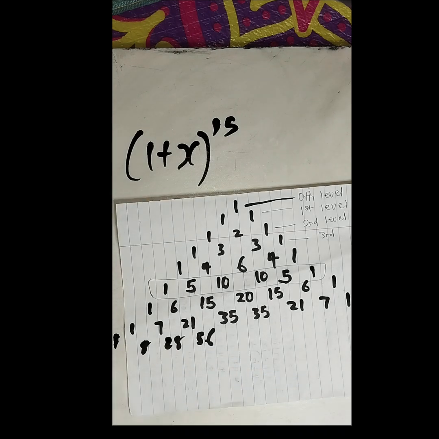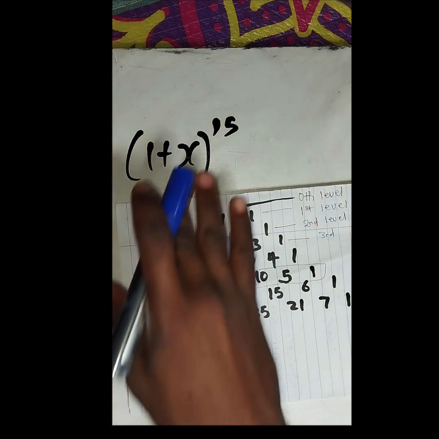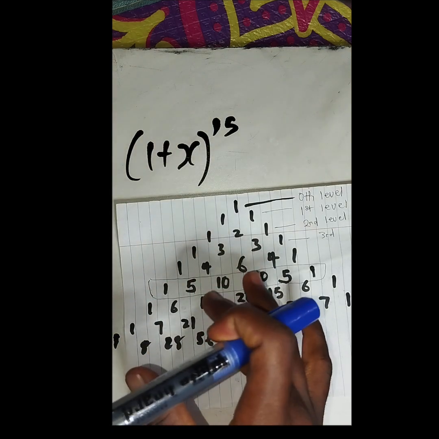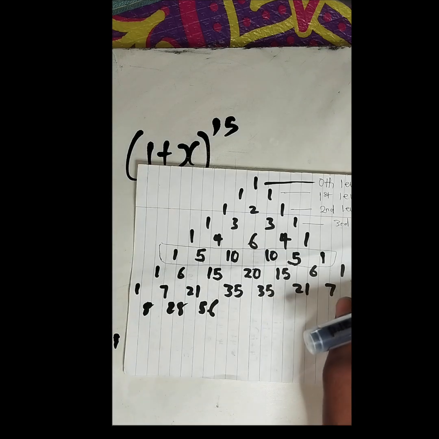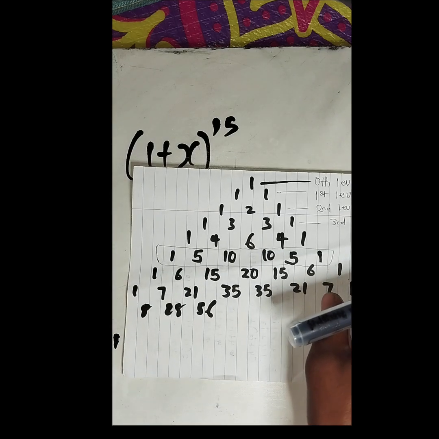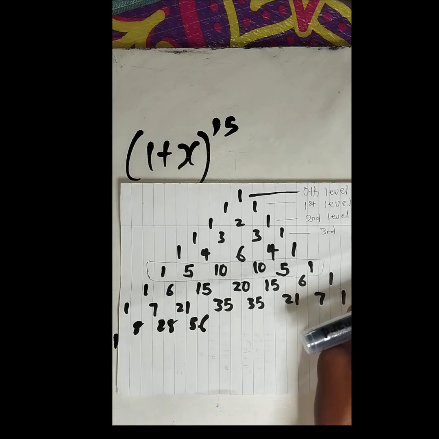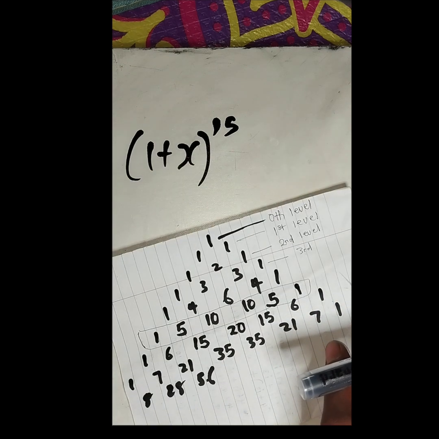In fact, that would be too long also. Or what if we are given raised to the power of 20? That would still be too long. We can't keep drawing our Pascal triangle up to that length. It is too long. So what do we do in that case? We still need something. We need something that can save us from this stress. And what is it? That would bring us to the final stage of this topic,